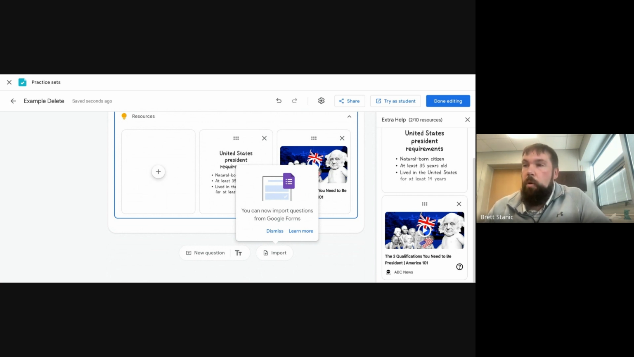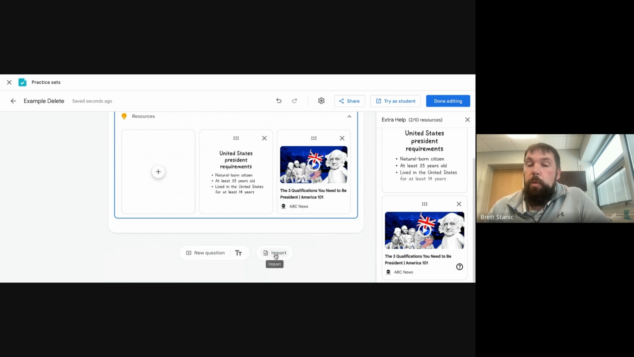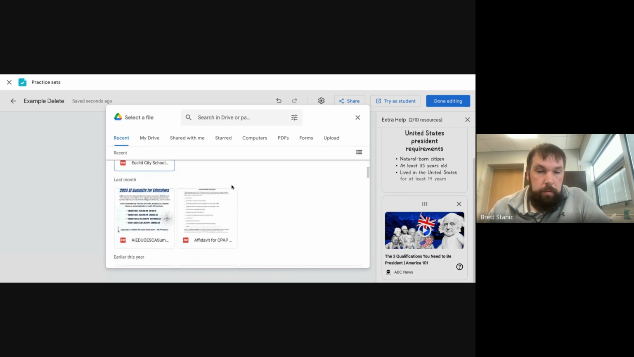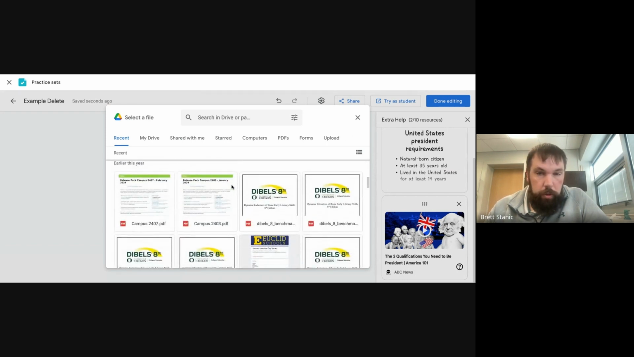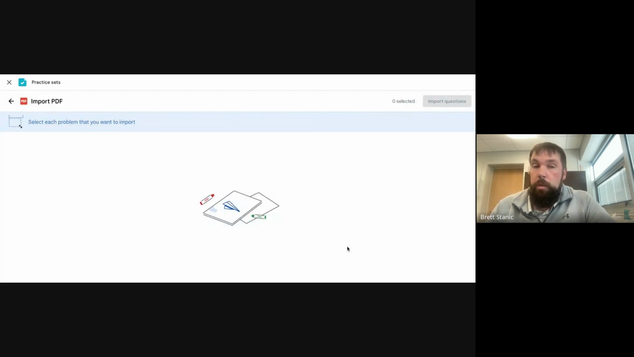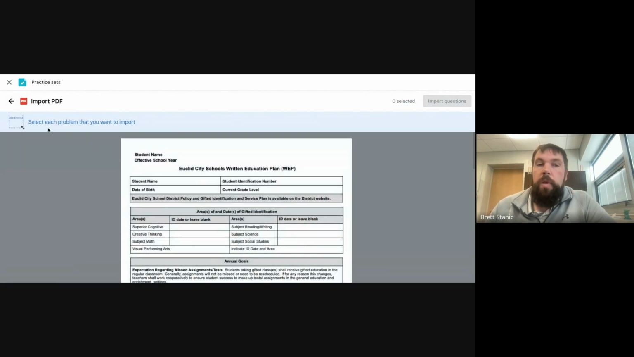So now you can also import questions directly from Google Forms. So let's say you have questions already made. You don't want to reinvent the wheel. What you can do is you can simply take them from your PDFs and put them in here. So I'll show you an example. I don't necessarily have an assignment right off the bat, but I'll just use this PDF as an example, and I'll show you what it does. So I choose my PDF that I want to take questions from,